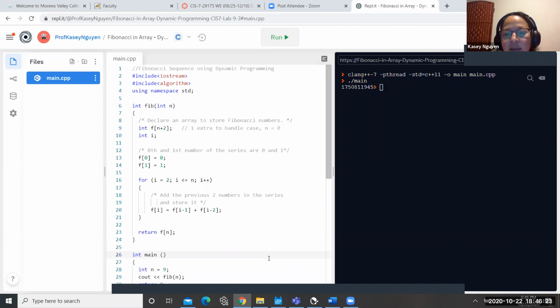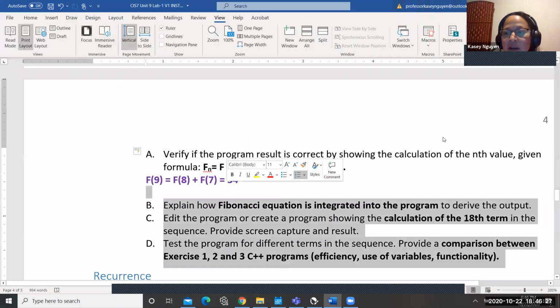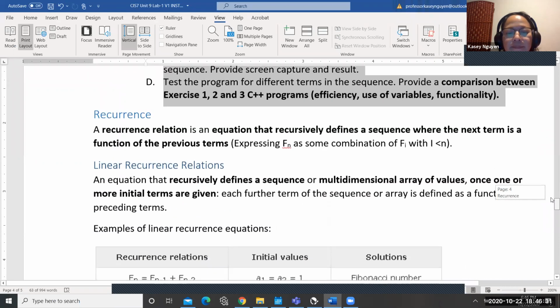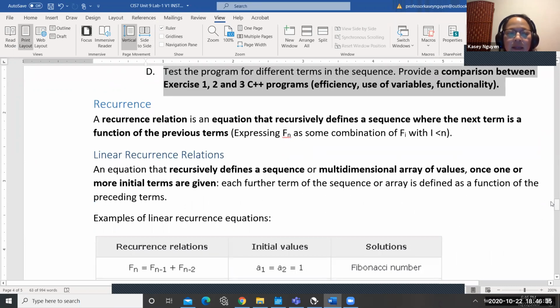All right, so after you test and provide the comparison, that will finish our example 3 program. Now in the last part, I wanted to reiterate some of the information that we talked about on Tuesday, which is recurrence relation.